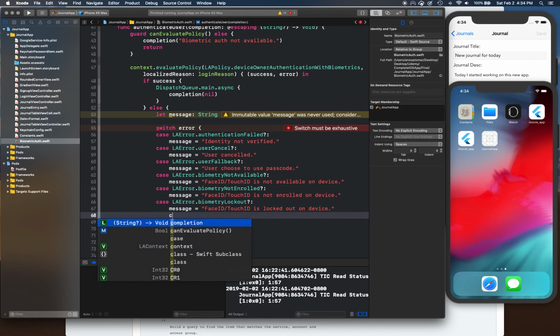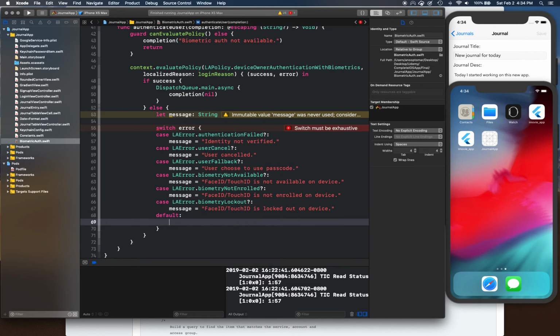Okay, then for the default case, we simply say message is equal to